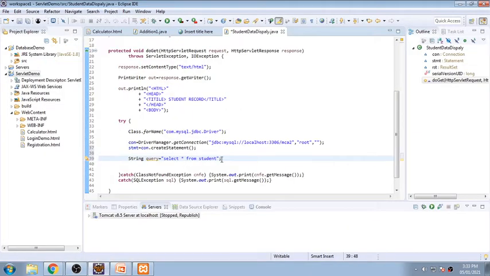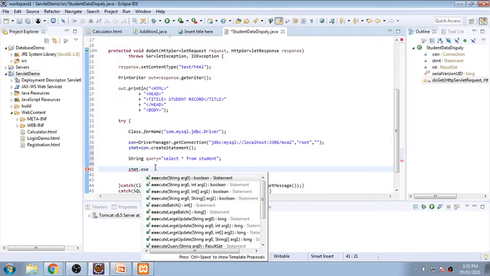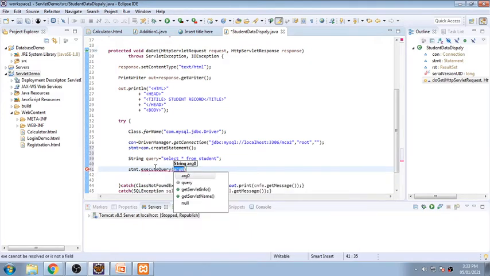So select star from student will be the query, and this query will be fired using the stmt object. That is, Statement stmt is the statement object we have already created. Dot execute, what is it? executeQuery or executeUpdate? Yes, it should be executeQuery.